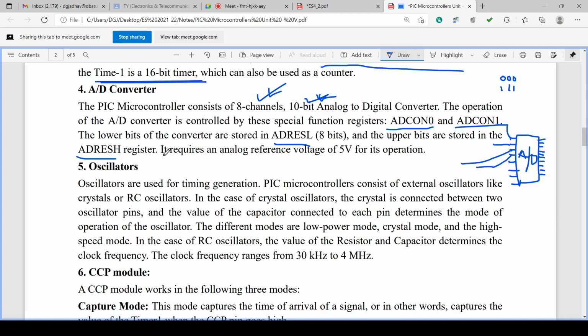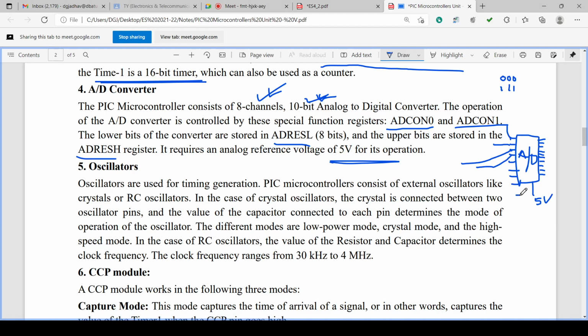So this is 8 bits, the lower bits converted, and the higher bits will be 2 bits. Total 10 bits, isn't it? It requires an analog reference voltage of 5 volts for its operation. It requires a stable reference of 5 volts.